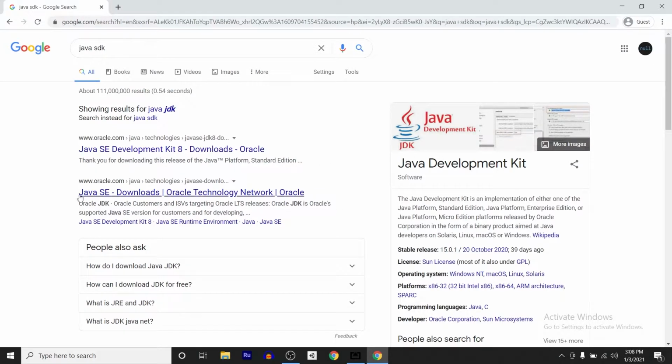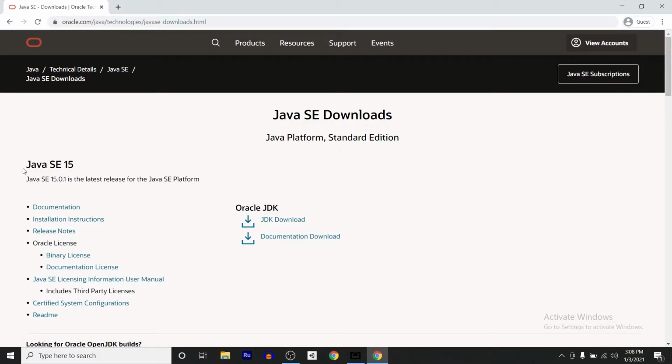And you're looking for this link right here, the Java SE downloads from Oracle Technology Network. Once you click on that, you want to choose the most recent option, which here is Java SE 15. And to go ahead and download it, you're going to go to this area here and click on the JDK